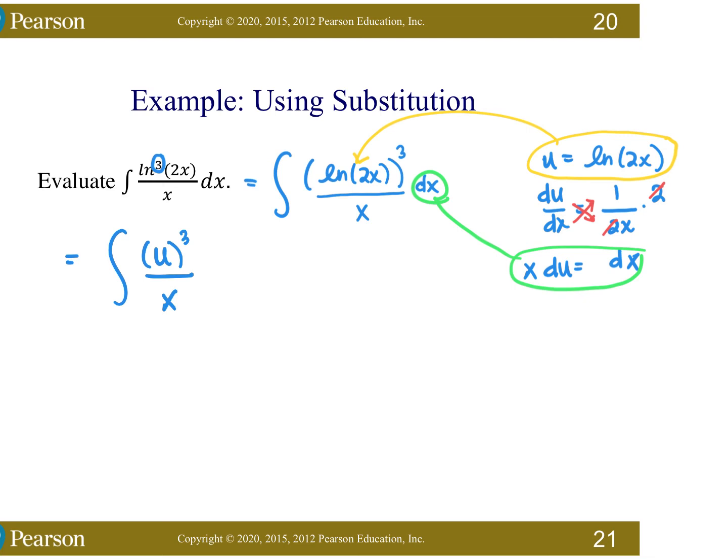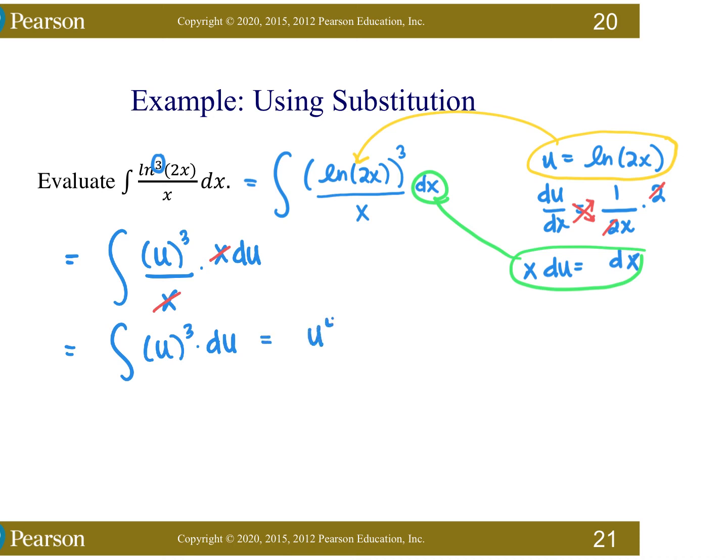I don't do anything to the x. And then for the dx, I'll have x du substituted in. So then we see that the x that was in the original denominator is going to reduce out with the x I just substituted in, which is going to give me u cubed du,